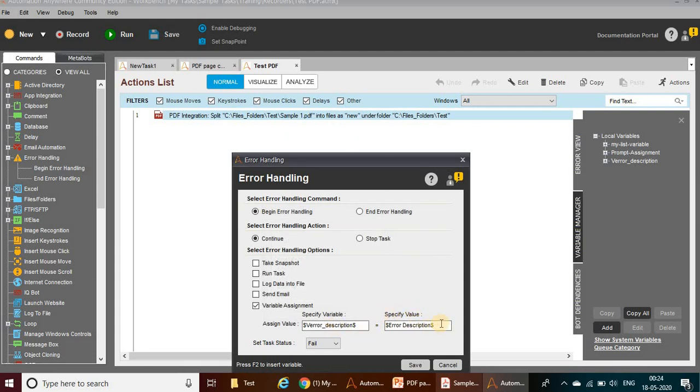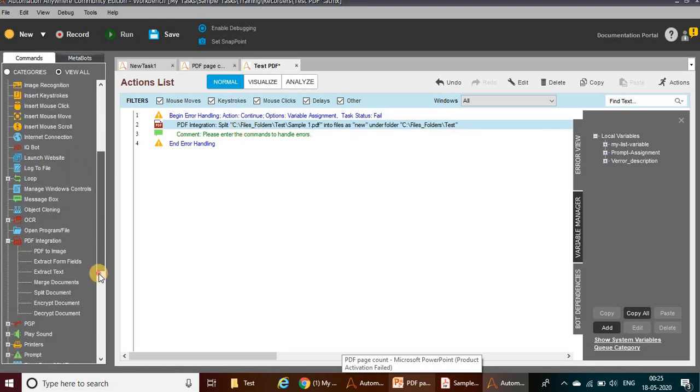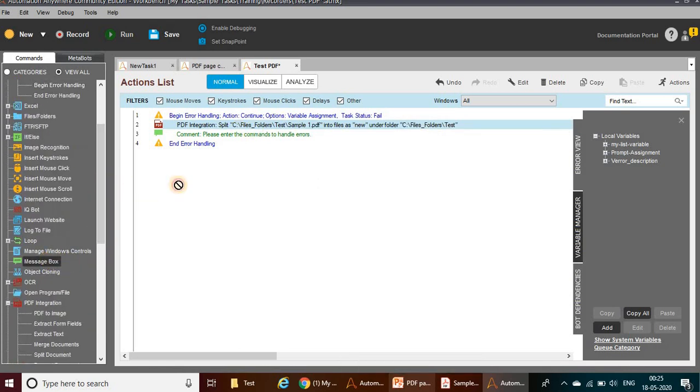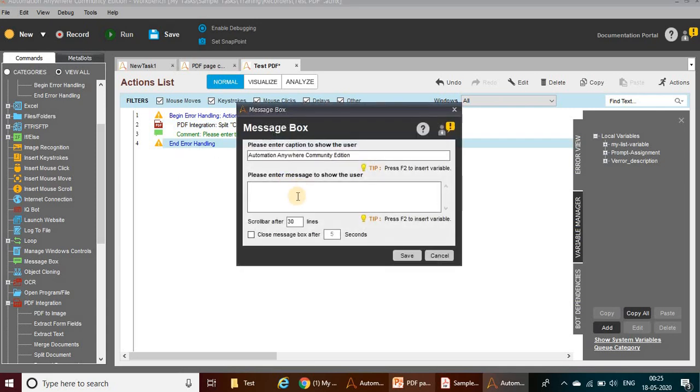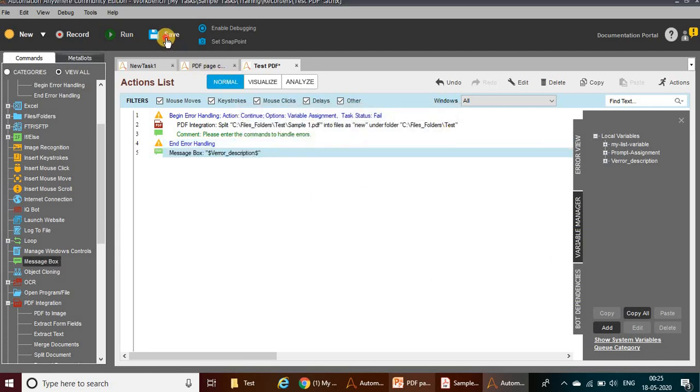I have specified the value as error description and assigned it to a user variable. Just click on save. Let me drag and drop a message box and display the v error description. I'll save the task and execute it now.